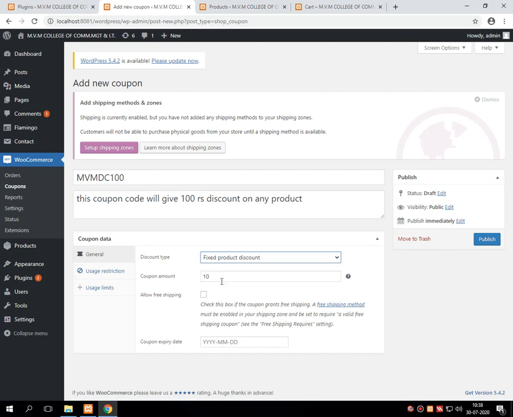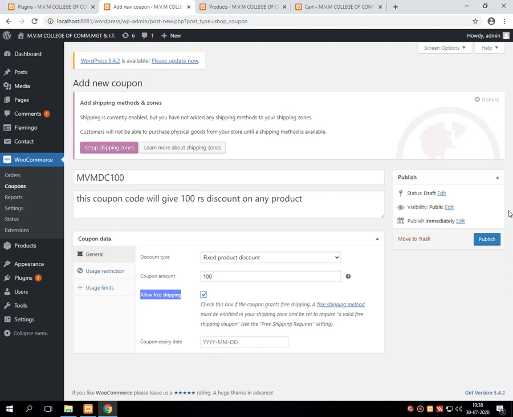So here I am selecting the third one right now, and the amount that I want to give as a discount is rupees 100. Then if this product is kept for free shipping, you have to tick this one.